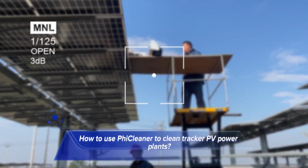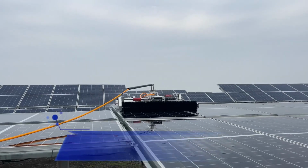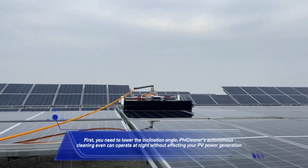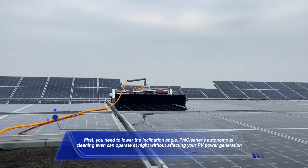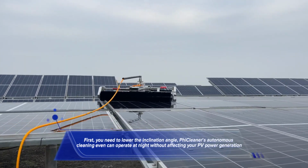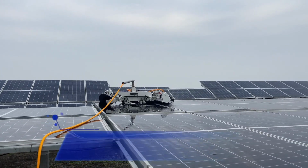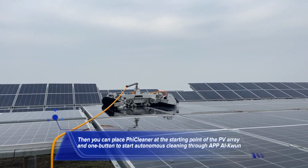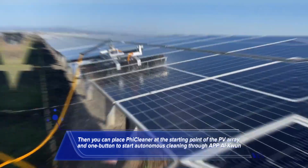How to use PhiCleaner to clean tracker PV power plants. First, you need to lower the inclination angle. PhiCleaner's autonomous cleaning can even operate at night, without affecting your PV power generation. Then you can place PhiCleaner at the starting point of the PV array and start autonomous cleaning with one button